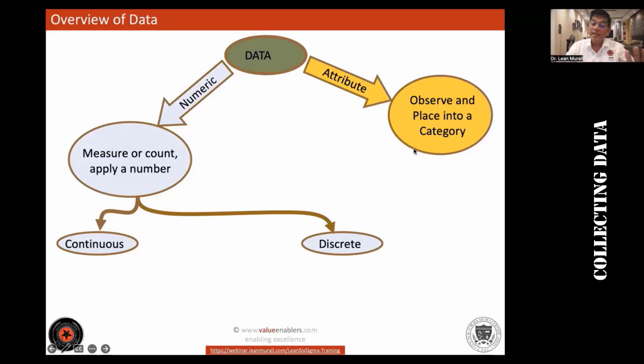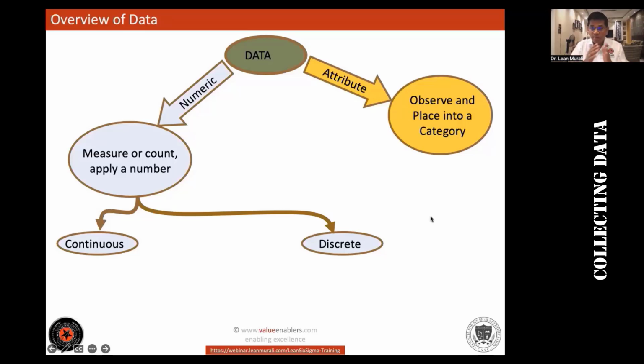It is possible if you have a very accurate measurement device. It is not possible to have 3.5 people in this room, but suppose my weight is 65 kilograms. Can it be 65.1? Yes. Can it be 65.12? Can it be 65.126? Yes. This is called continuous data. Examples are temperature, weight, pressure. Continuous data means between any two data, there can be infinite data. If this is clear, please give me a 9 or 10 in the chat box.